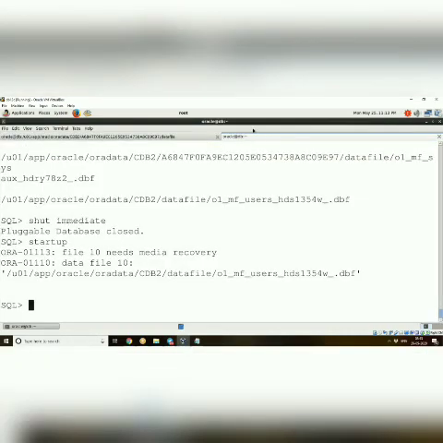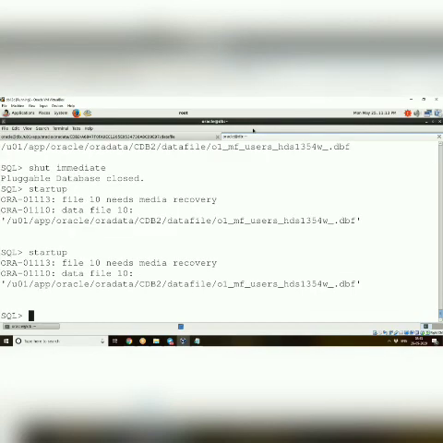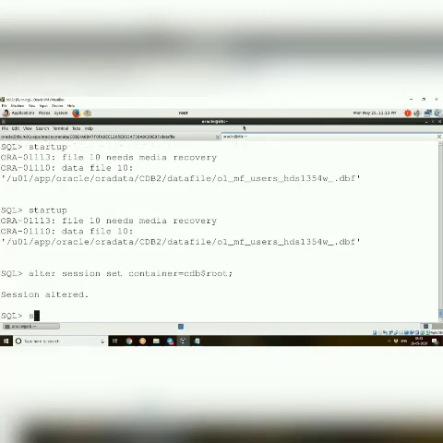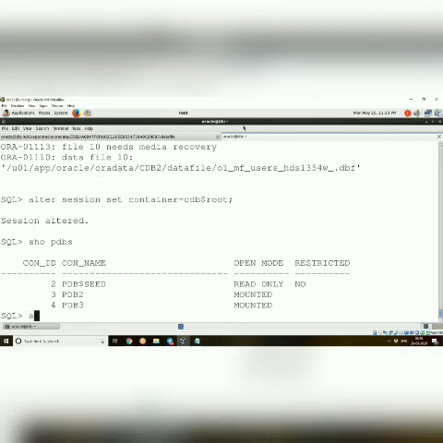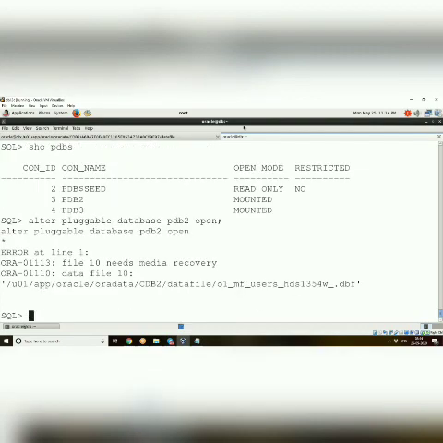So now we'll give startup. So it has not yet got the effect. So I'll go to root container and then I'll check show PDBS. So alter pluggable database PDB2 open. So here in Orman, I didn't recover now.